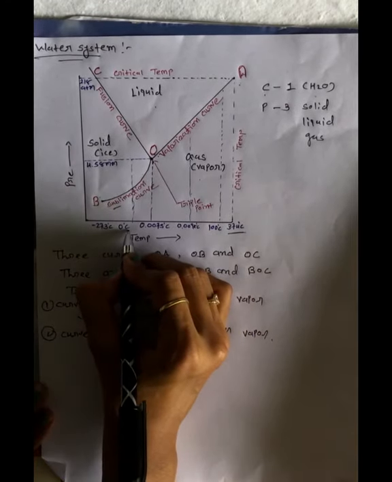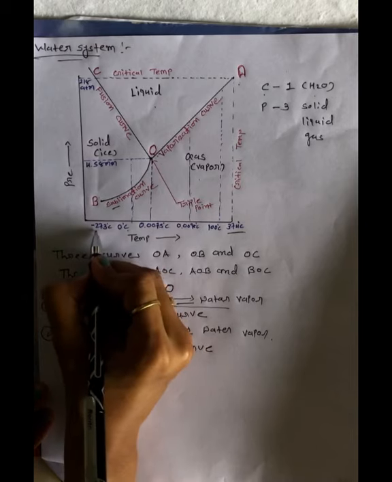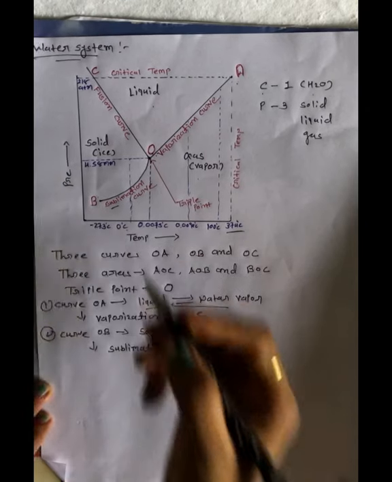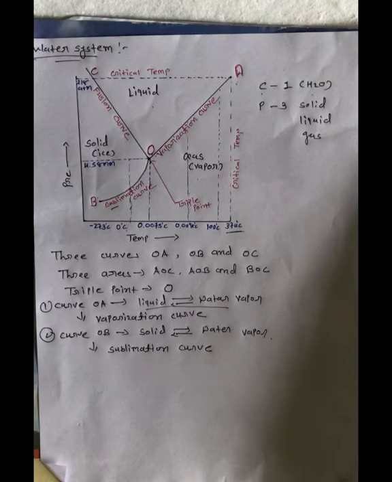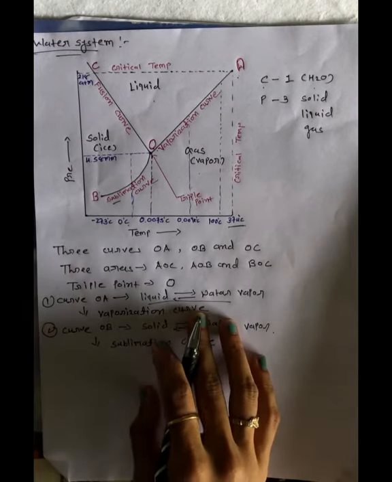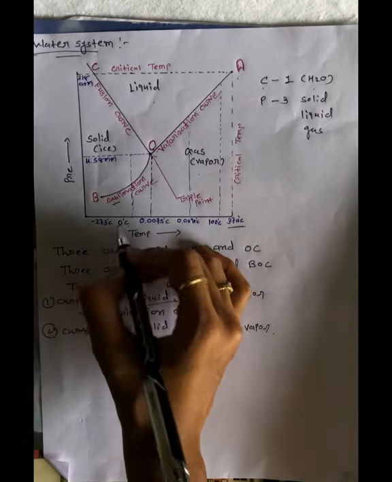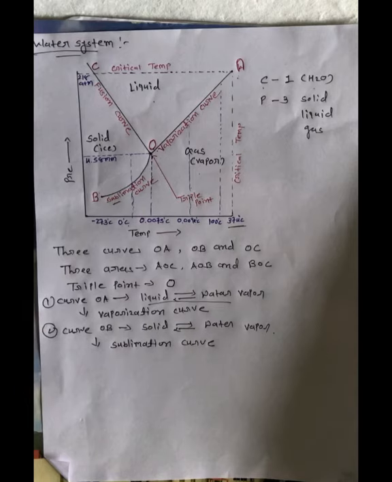Here ice 0 Celsius, minus 273 degrees Celsius, right? So it gives the vapor pressure of solid ice at different temperatures. Along this curve, two phases, solid ice and water vapor, exist together at equilibrium. So this equilibrium will extend up to absolute zero, that means minus 273 degrees Celsius, and beyond absolute zero only solid ice will exist, you know, right? So now